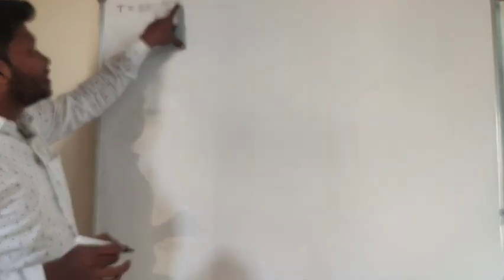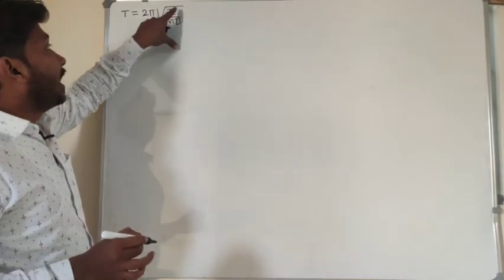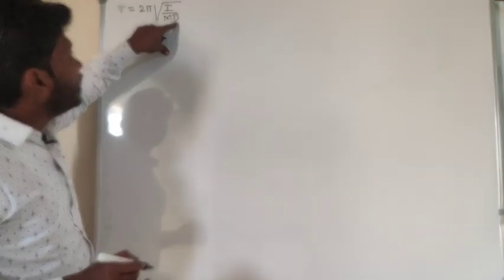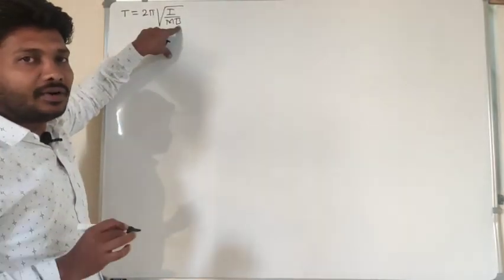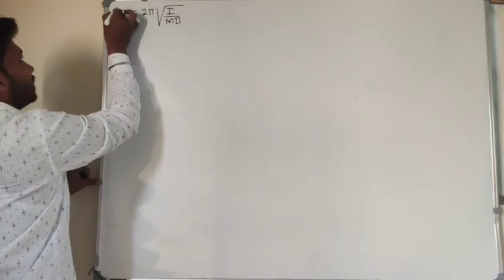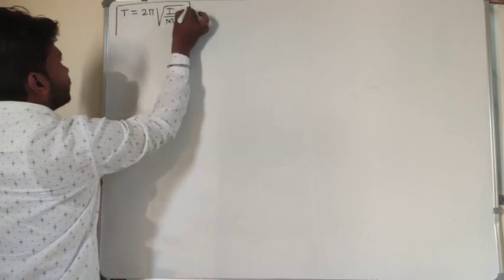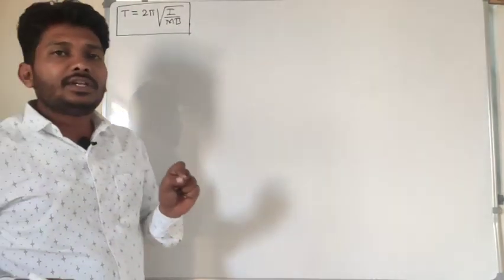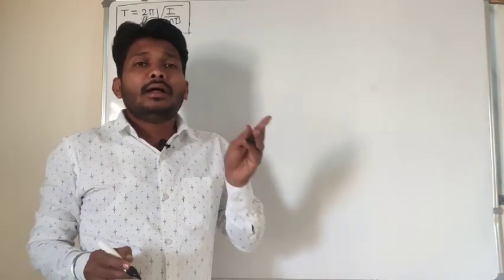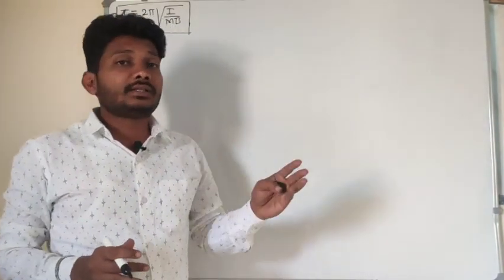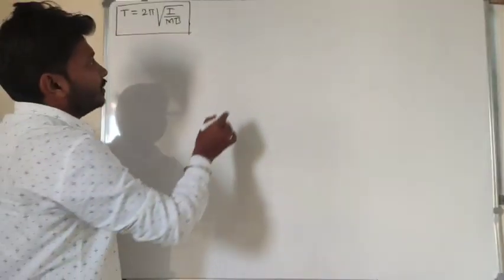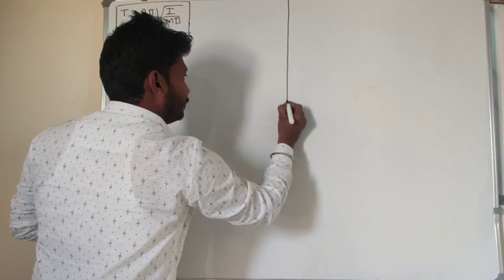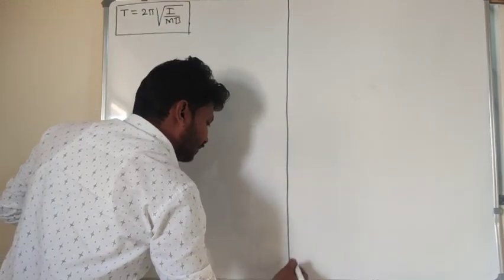Here m represents the magnetic moment, I represents the moment of inertia, and b represents the magnetic field strength. So this is the required expression for the time period of oscillation of the magnetic needle when the needle is placed in a uniform magnetic field. Now in today's session, we'll discuss some neat applications related to this time period of oscillation of the magnetic needle, right? For example, I will take the first application.